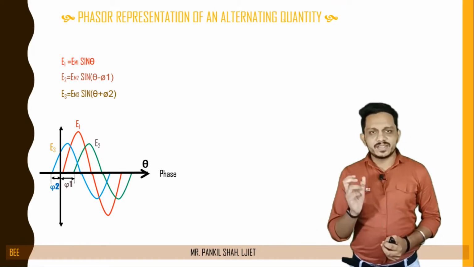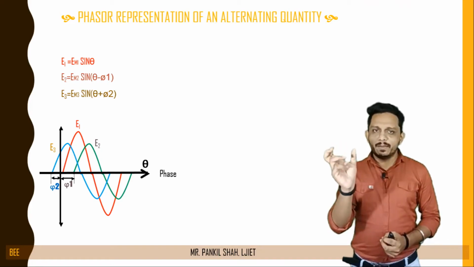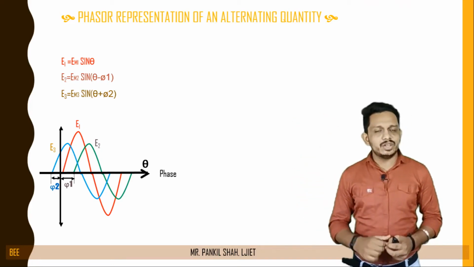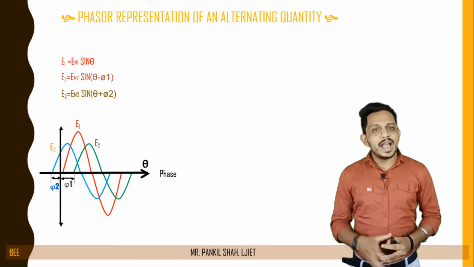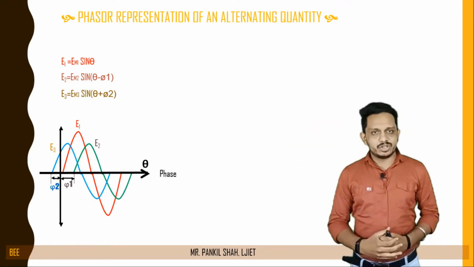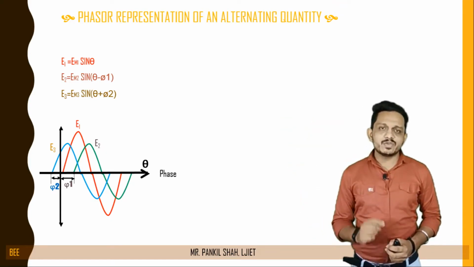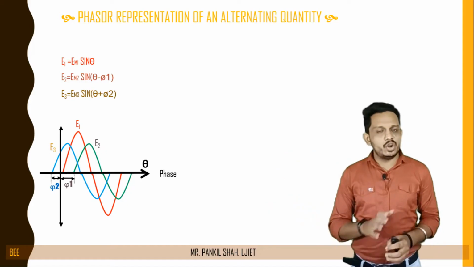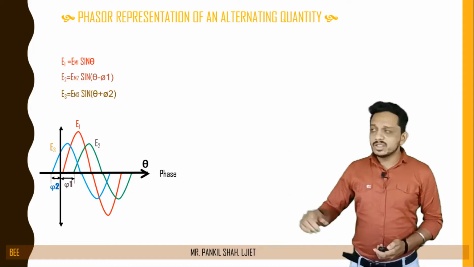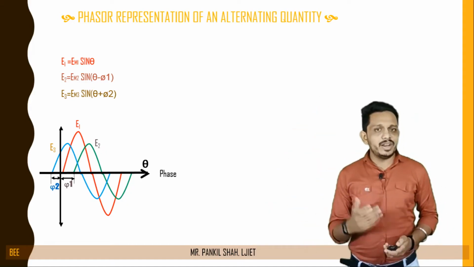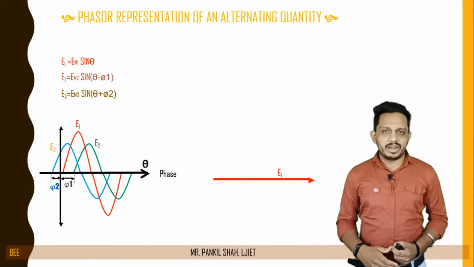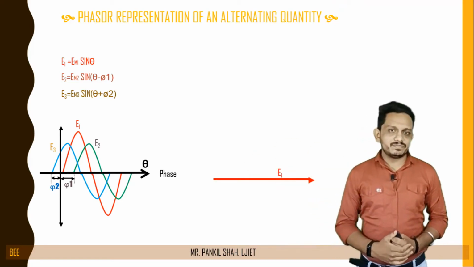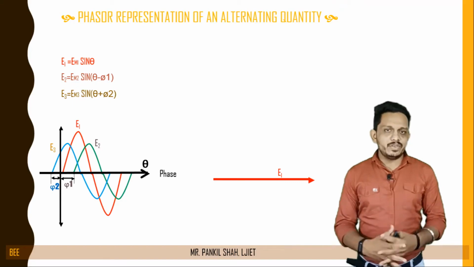So how will we draw the vector? We need to define some scale, take the magnitude from the first equation, and draw a line at the angle provided in that equation. But if we are drawing the reference vector, then it will be on the x-axis. No angle is there, 0 degree. So in the first equation there is a 0 degree, and we are drawing our first vector E1 like this. So this is our first vector E1.